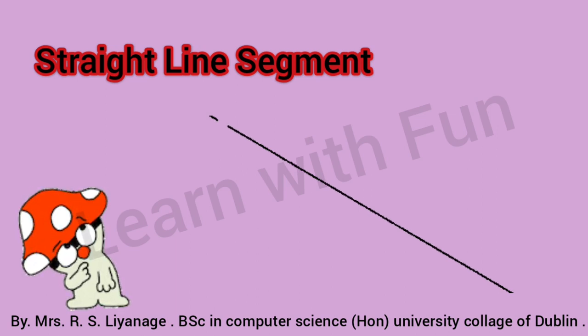So children, we all have a name. Like that, let's give a name to the straight line segment that we drew. I gave the names capital letter A and capital letter B from the English alphabet. Now the name of our straight line is the AB straight line segment.